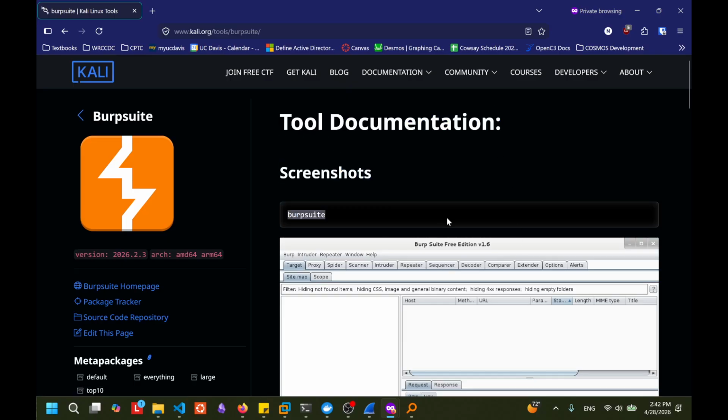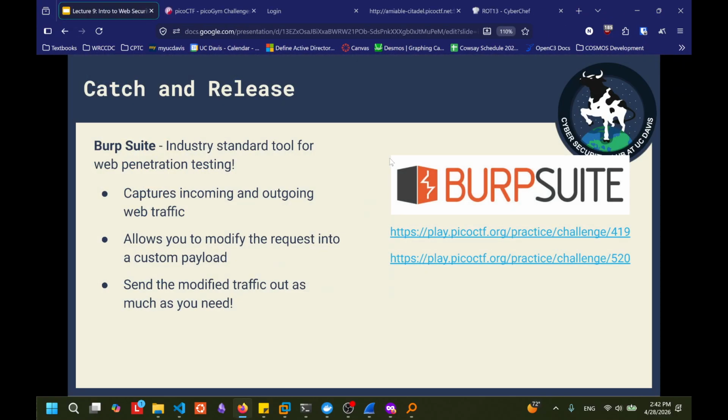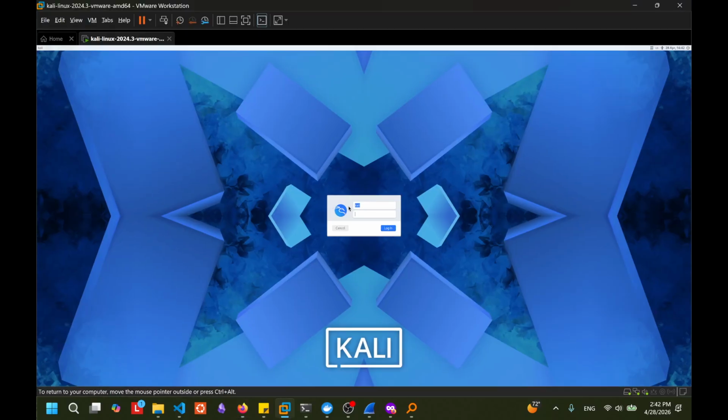Burp Suite is not required for Homework 3. Yeah, I'm just saying if we need it. You won't need it. It's more if you want to try it on your own. Yeah, I'll use it because it's a first step into using a much bigger tool, and it is also pretty helpful to use.